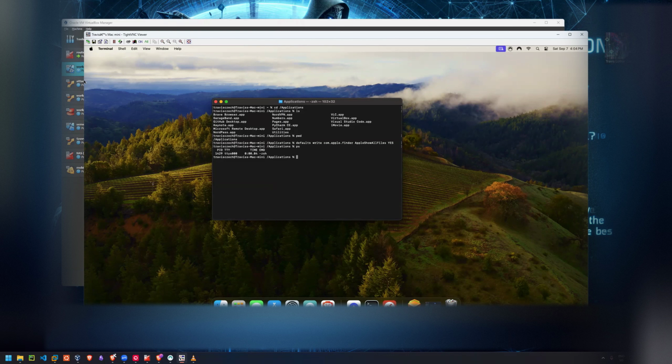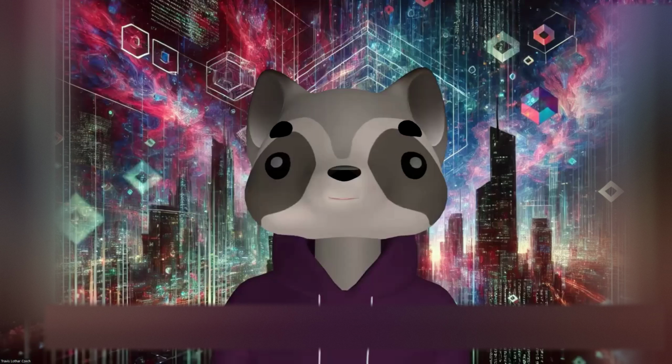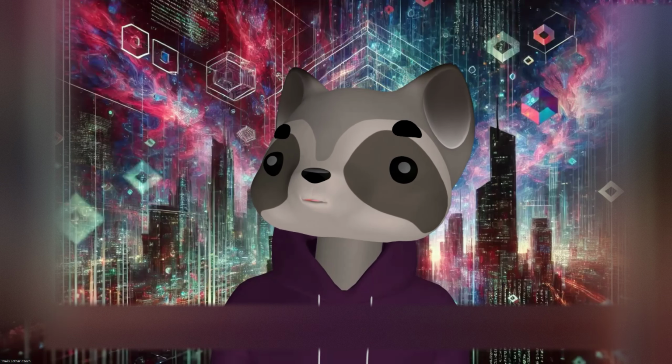rm removes files or directories. chmod will allow you to change your file permissions. Open will open applications, files, or directories. Defaults will allow you to read and write your system preferences. And then your ps will list all the processes. If you want to filter, you can use the grep command. So that's it for our